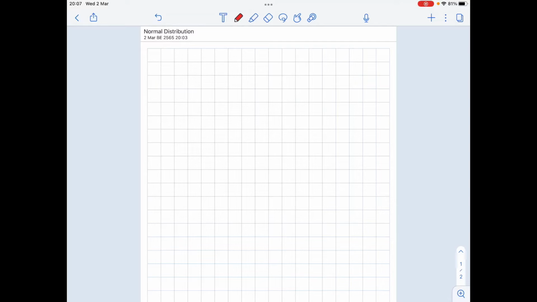All right, we will start with the last topic of distribution, which is normal distribution. A normal distribution is basically a symmetrical curve. It is also called an equal distribution curve. Like this. It is a bell-shaped curve